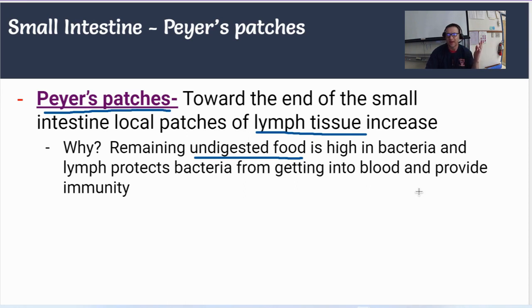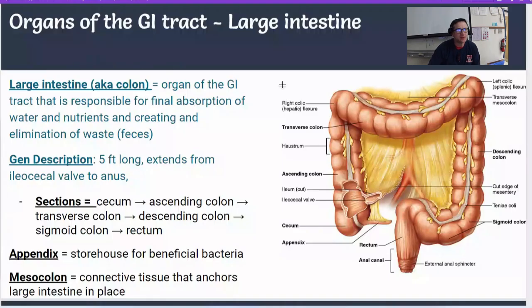It's actually good for you. But those Peyer's patches help to make sure that the population of the beneficial bacteria stays at a normal level and they don't get too high. And we got to the final part of the GI tract, gastrointestinal tract, or alimentary canal,